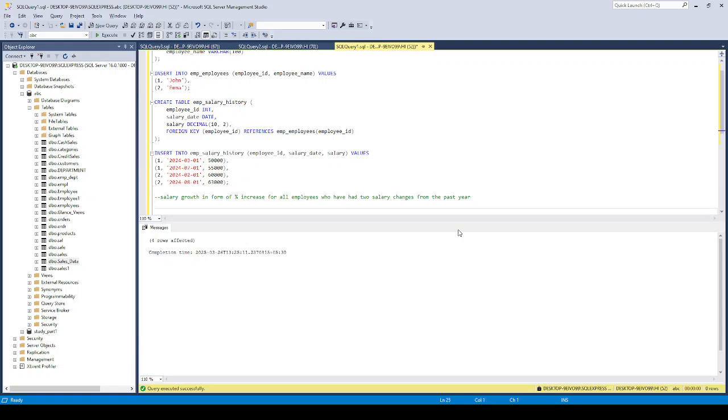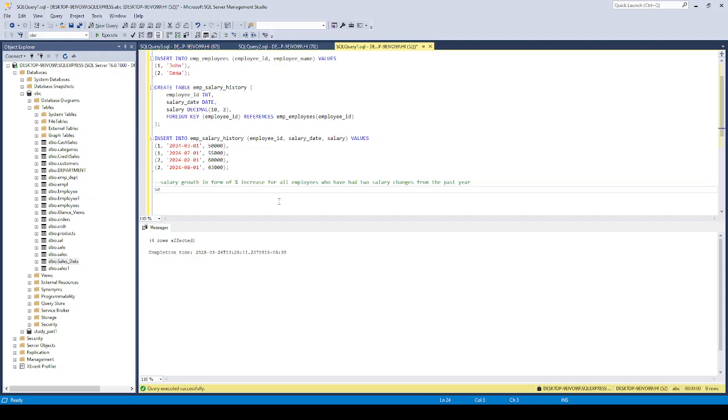So let me get the salary records for the last year. I say select star from employee salary history, where salary date